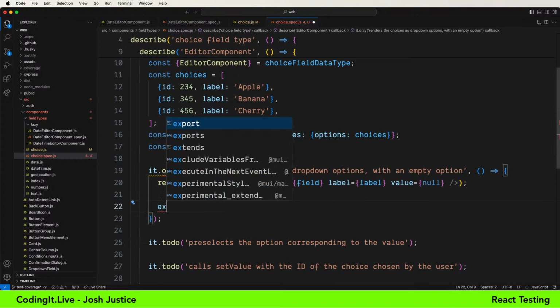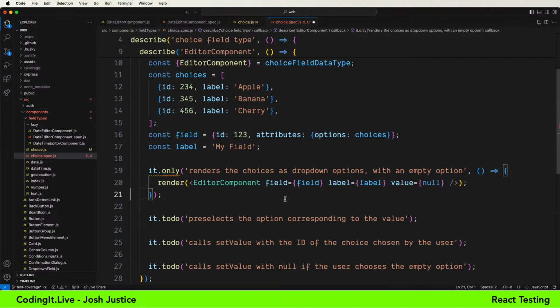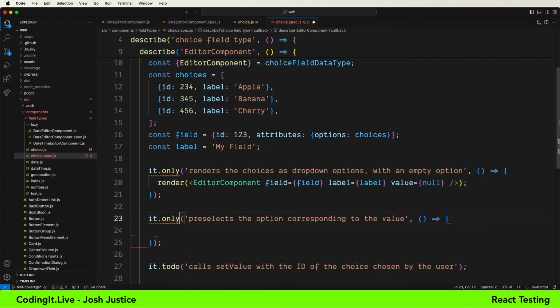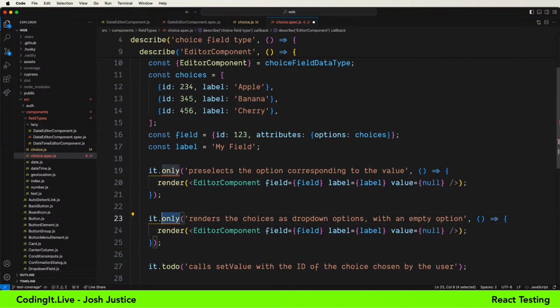So we're gonna say expect. You know, now that I'm looking at this, I do think that it's actually going to be more straightforward to test the one that pre-selects the option here. So let's do that one first. Only. And let's put that up ahead. We'll skip this one for now.